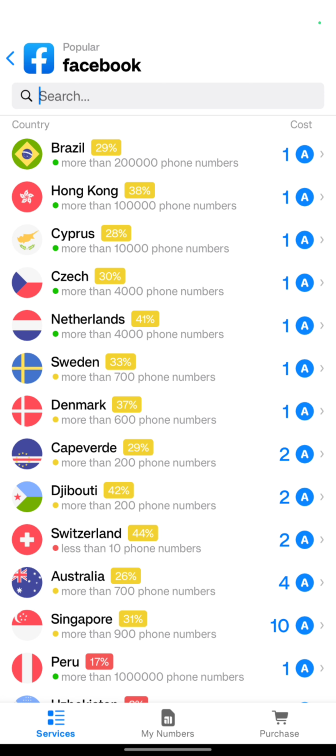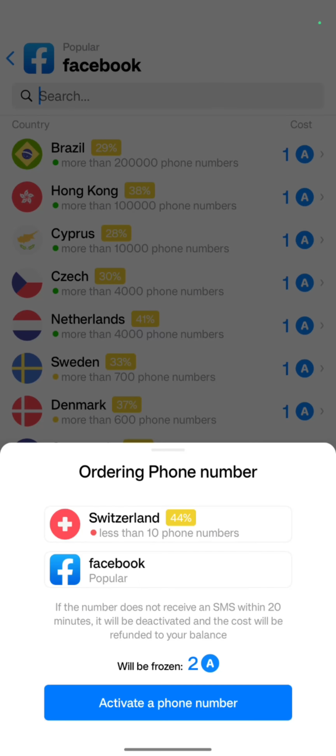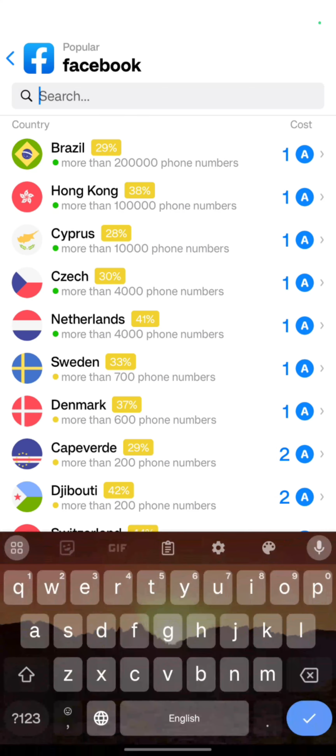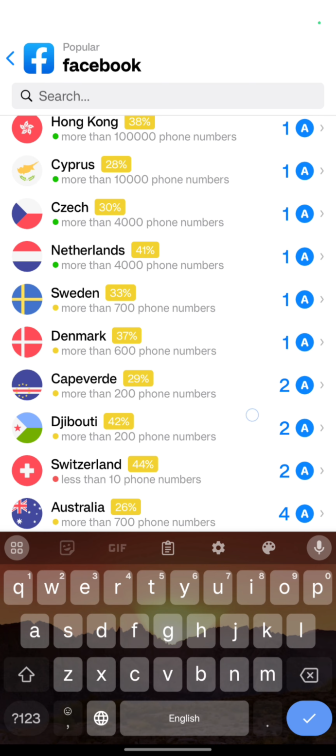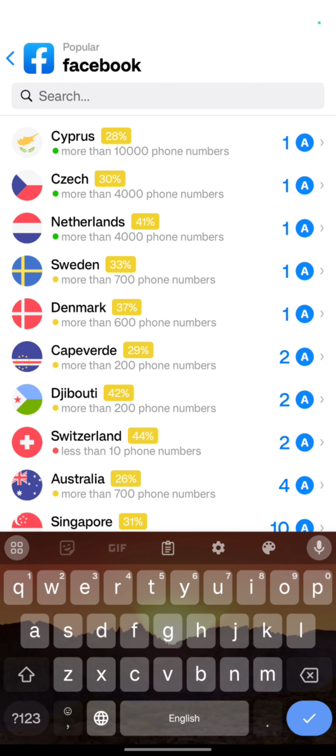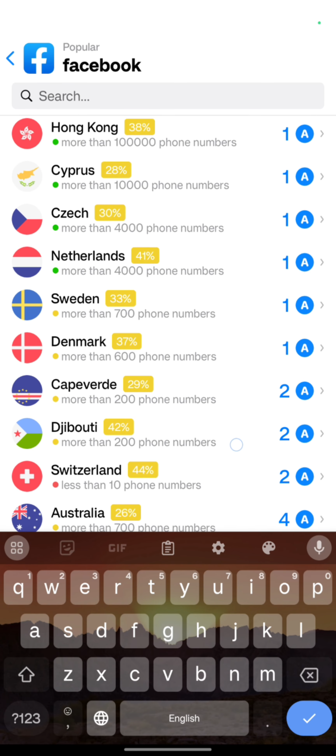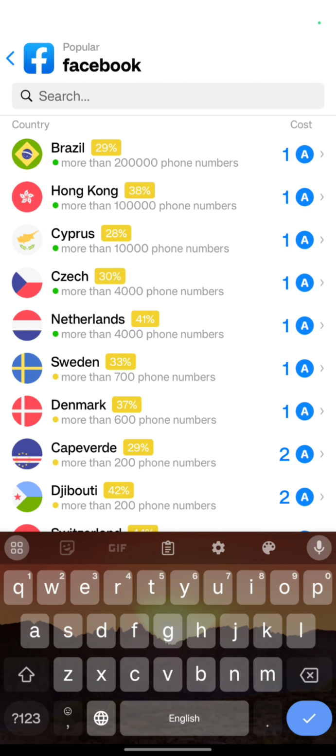I've been trying Switzerland, but it seems Switzerland is not having phone numbers available. So I think I'm going to change the country. The country that has the nearest percentage is probably, I think we can go with Netherlands, because Netherlands has a close percentage of the phone number. Before we click on Netherlands, we have to change our IP from Switzerland